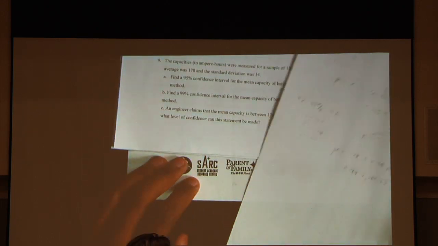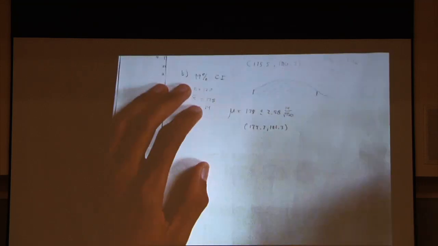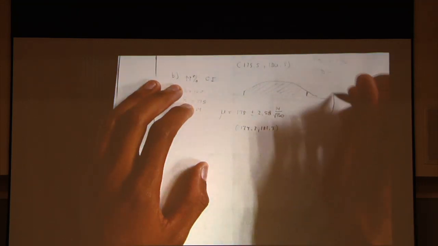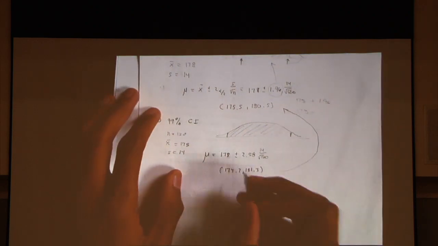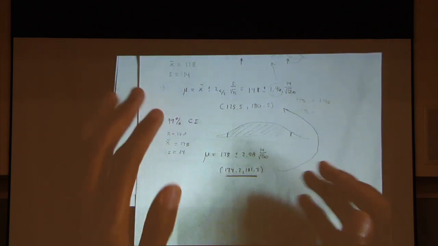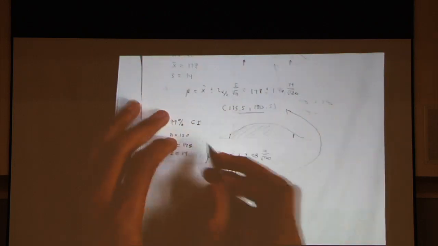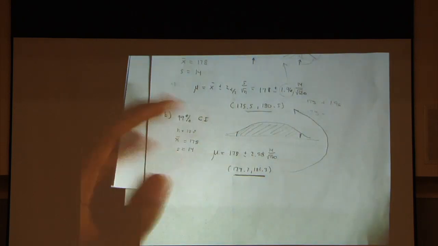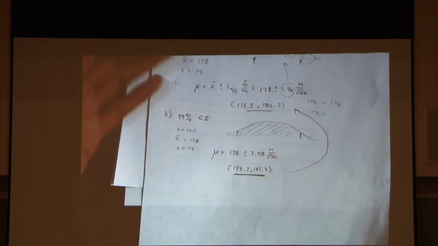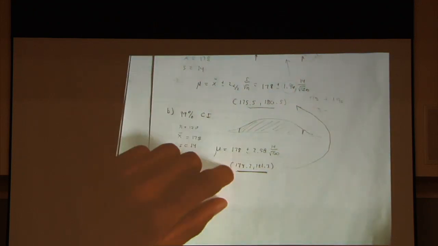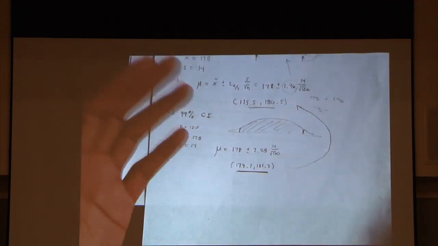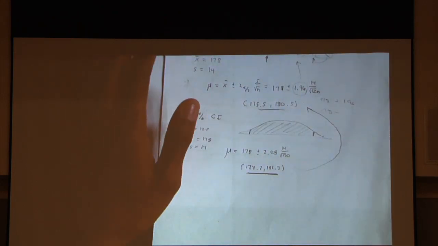For part B. Yeah, so as you can see, if you compare the two, you'll see that this one is a little bit wider than this one, right? And which is why you can say, oh, I'm more confident that my true value is in this one, but it just goes with your confidence level, what you're able to get away with. So now,